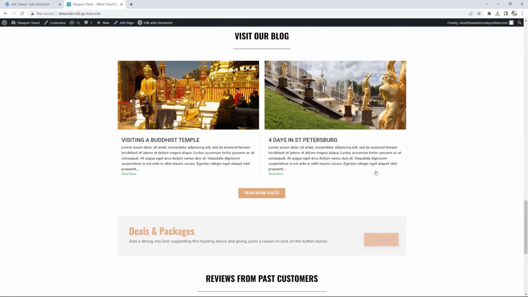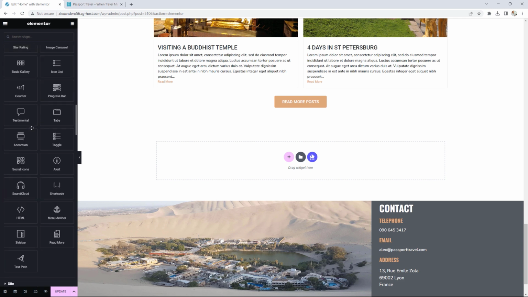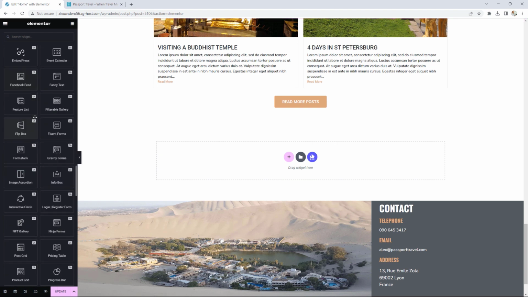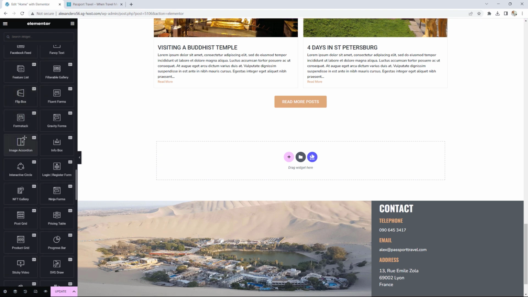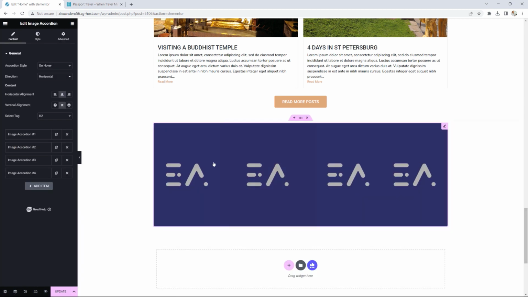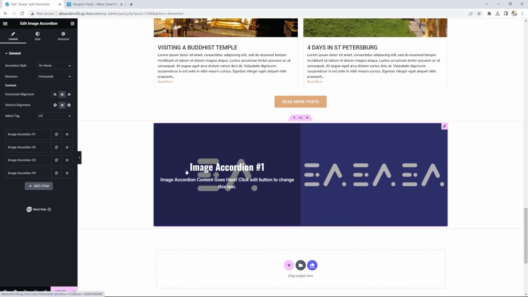This is all I planned for the home page. However, I have decided to add one more section by making use of an element from the Essential Add-ons plugin. And this element is the image accordion element, and it's the one right here, image accordion. And this is actually a very, very cool element that you can use to display an image and then some text. And then when the user clicks on the image or text, it will take them to a particular